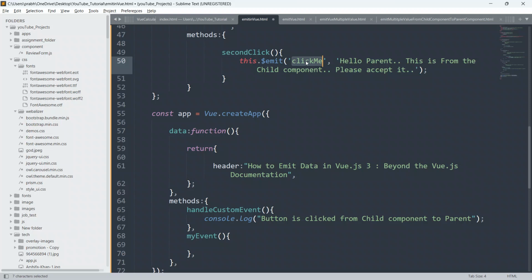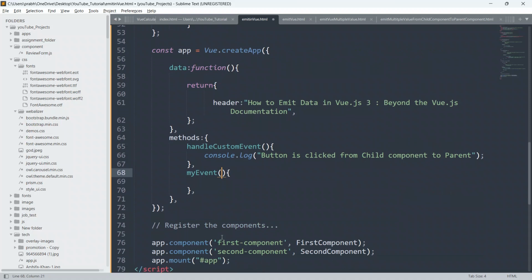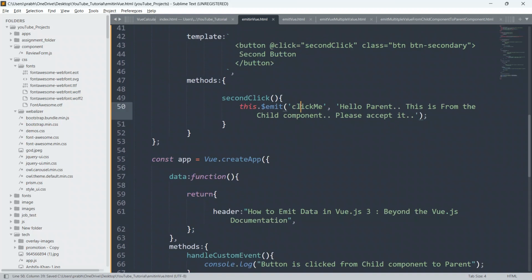So parent component has to receive it, has to get it. So we can just pass here one argument. I'll say here message msg. So we will just receive this message from this click me custom event, because it is sending one payload, the data, along with this click me custom event.